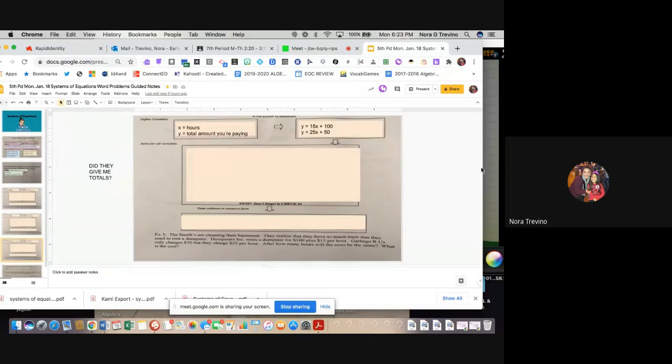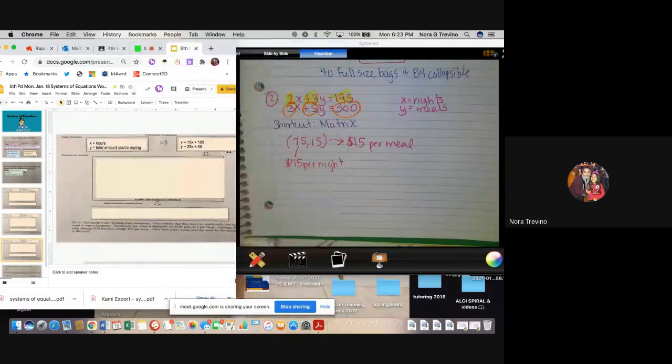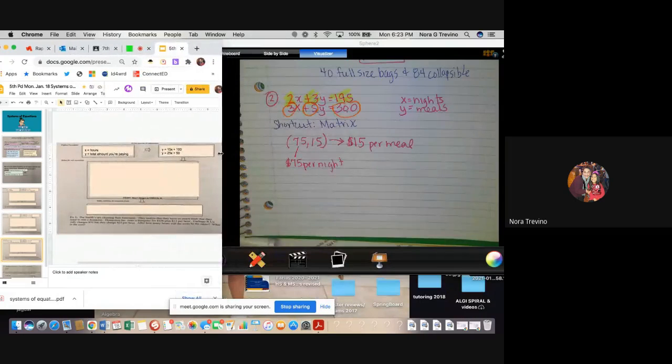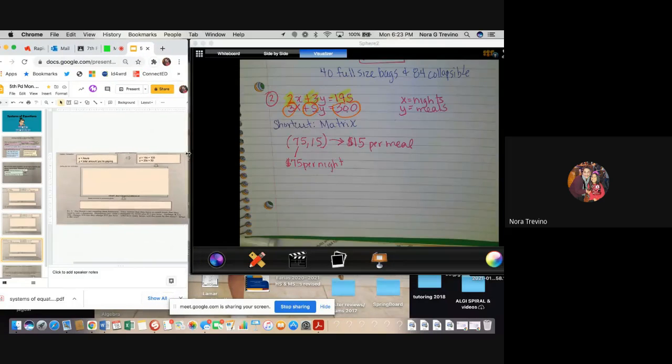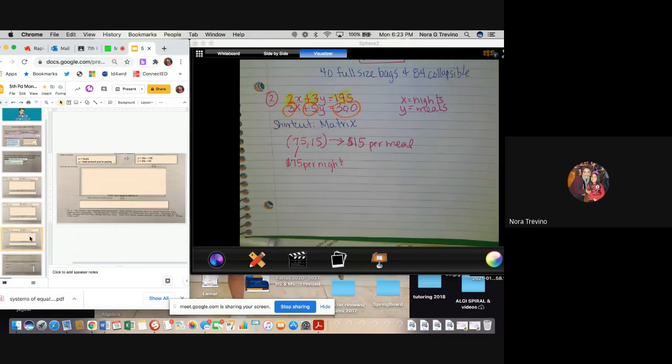Okay, let's continue with part 2 of the video. So notice that the first one, I went ahead and solved it with elimination. Second example, I said, you know what? Let me show you the shortcut for elimination. And that was called the matrix, okay? So let's go to example 3